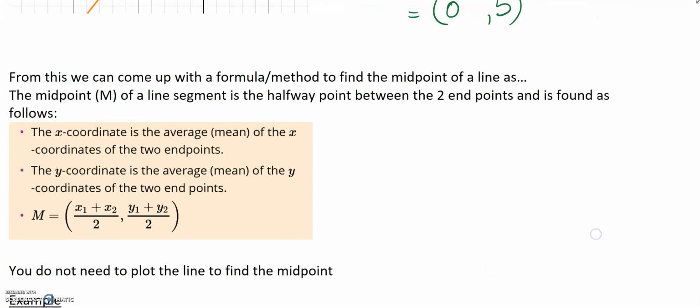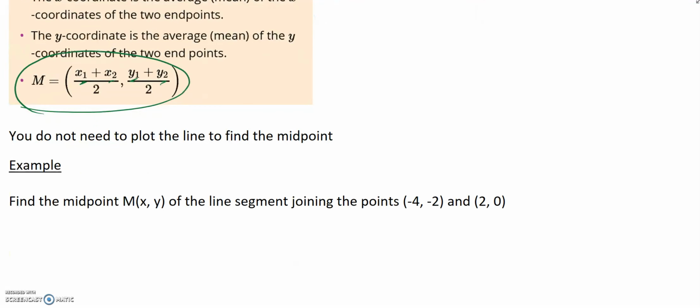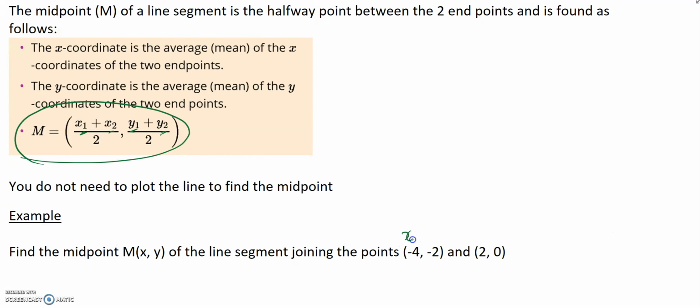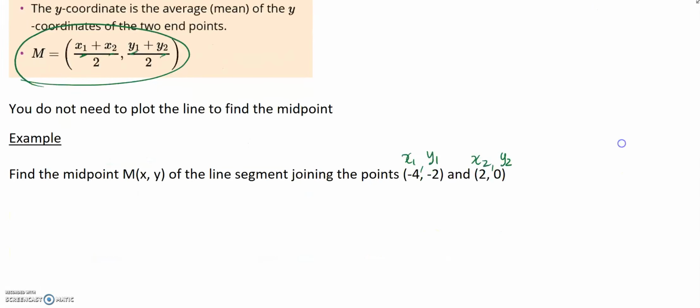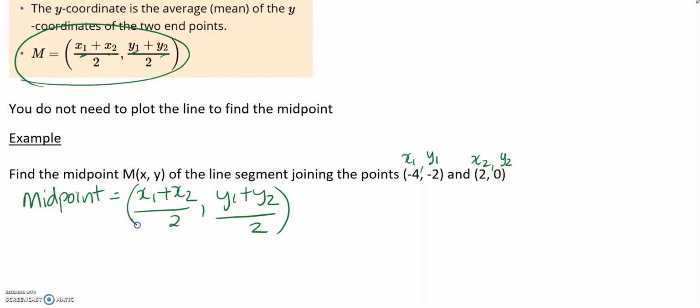So let's go back to this equation over here. We do need our x1 and x2 and y1 and y2. So let's take these 2 points and label them as x1 and y1 and x2 and y2. The first thing you want to do is label them, and then just use the midpoint formula. Midpoint equals x1 plus x2 over 2, y1 plus y2 over 2,